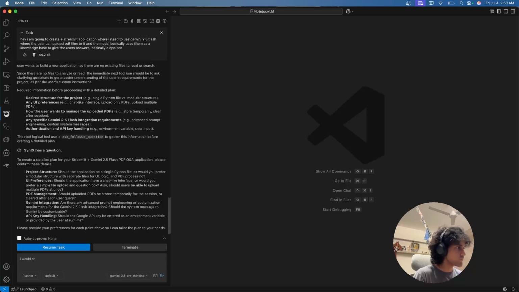So I would prefer a modular file structure, and the second is it should be a chat interface and users upload their PDF files beforehand, and the PDF file should be temporarily stored,